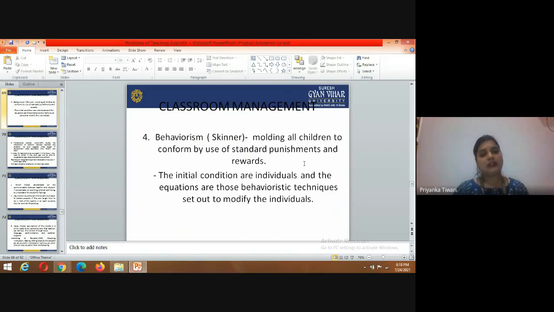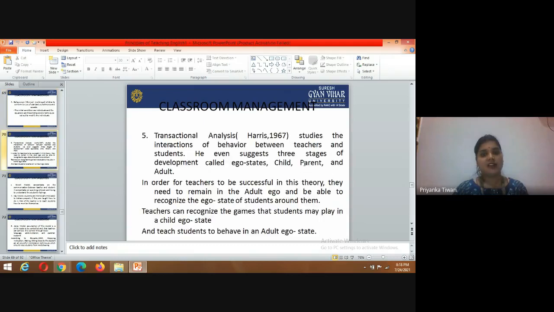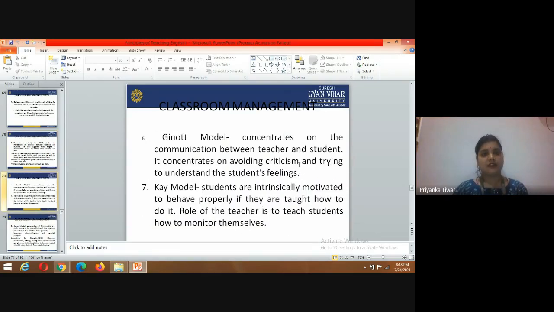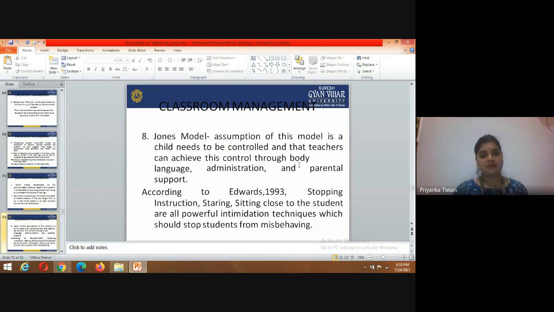The initial conditions are individuals, and the equations are those behavior techniques set out to modify the individuals, and transactional analysis studies interactions also we have discussed, and then after, the classroom management,